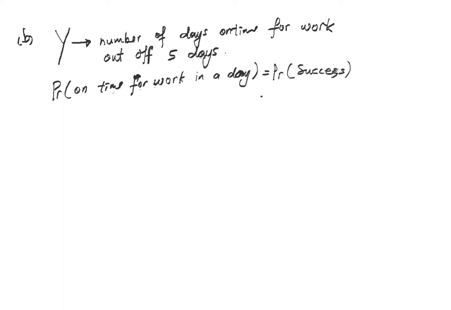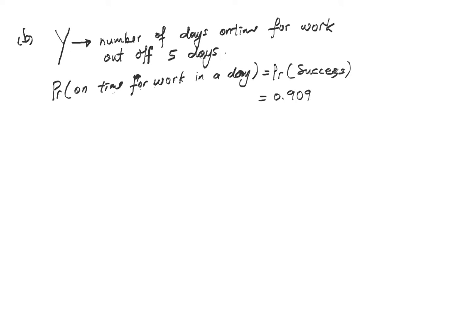So this will be 0.909. 1 take away the answer from A. Understand? Okay, so good. So now find the probability that Shelley is on time for work each day of 5